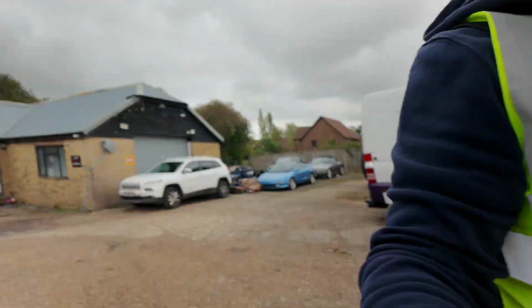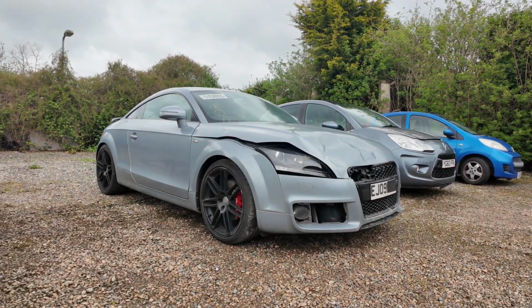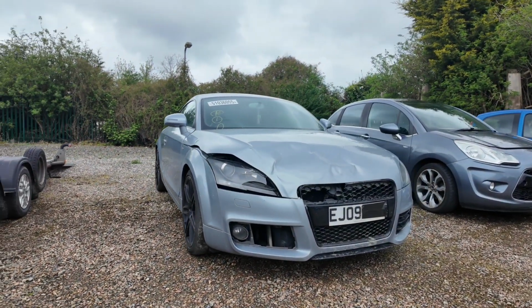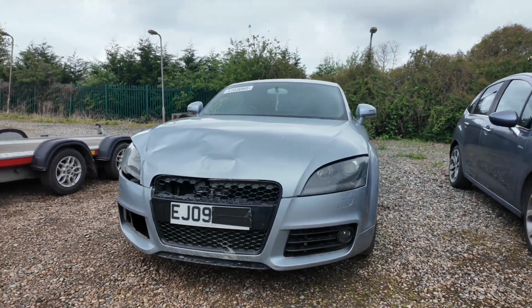Right then, that is the Audi TT S Line. Picked up. Let's have a look what we got. Okay, so as you can see, front end damage, headlight, bonnet, grille, surrounds missing,